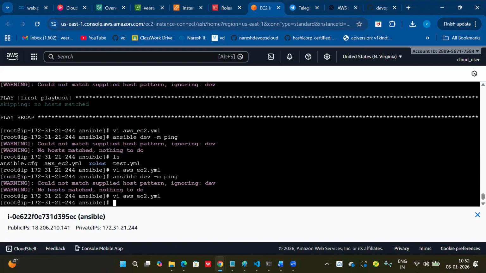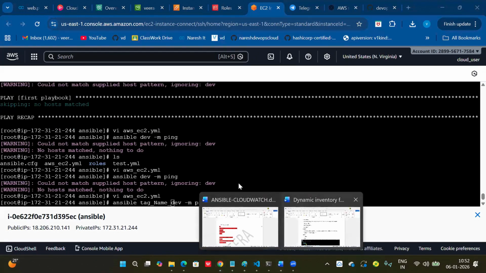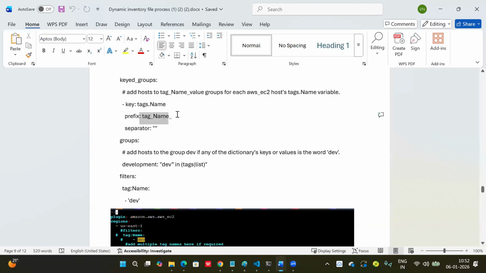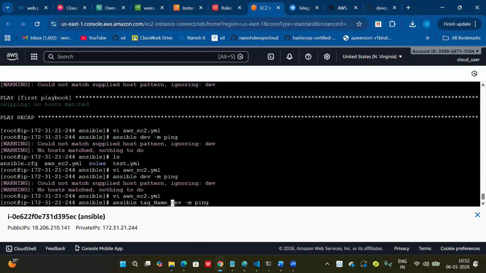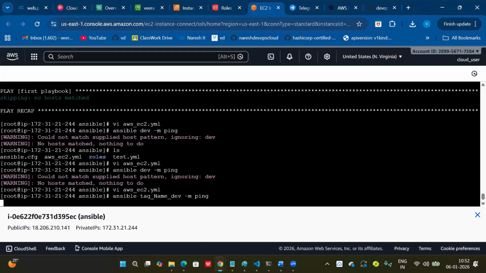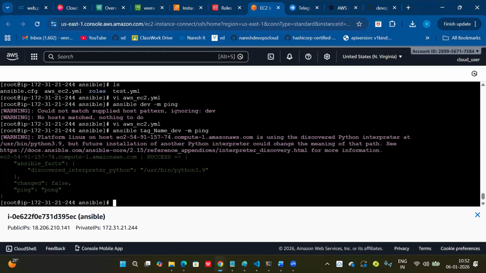Prefix is missing, right? What do I need to give here? Tag name. Let me check exactly what I have given. Tag name prefix. Okay. Working or not? No. So in my group, I have added a prefix before with a separator.